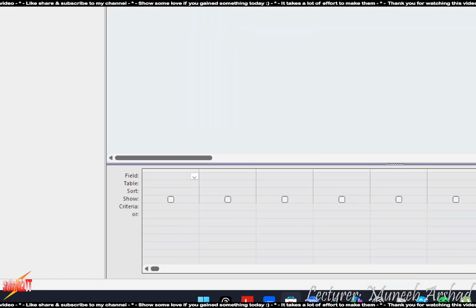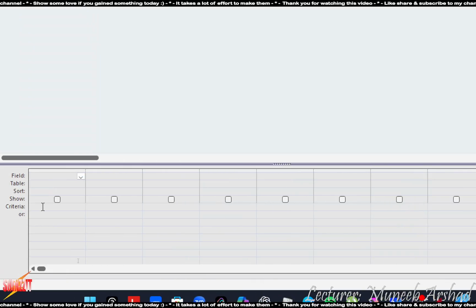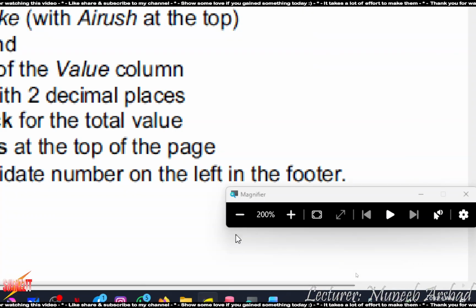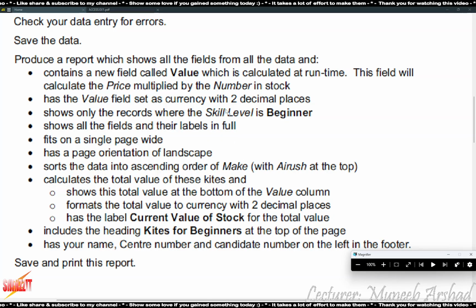At the bottom, there's a section, each divided by a column. Each row is represented by a field, table, sort, show, criteria and more. Okay, all of these have their usage, all of these have their importance. First of all, the first point says produce a report which shows all the fields from all the data.